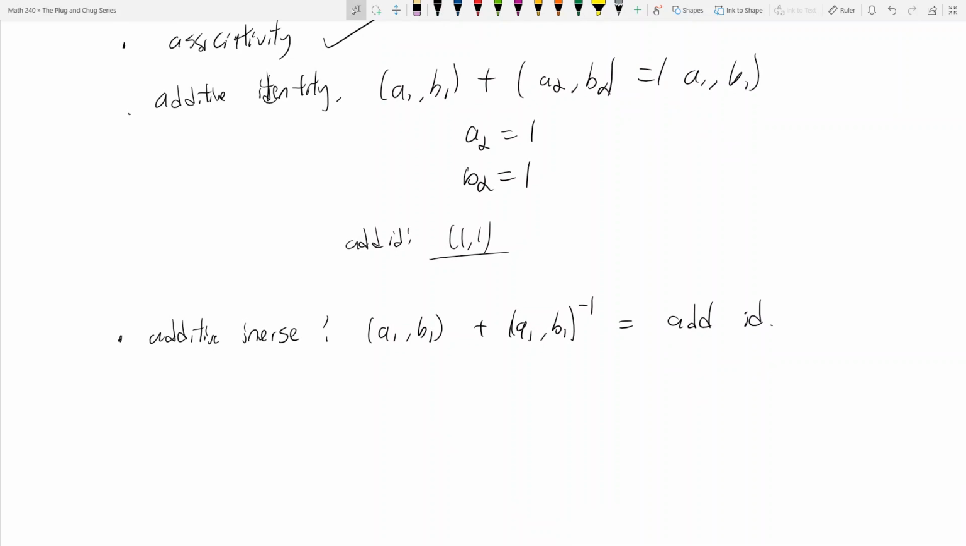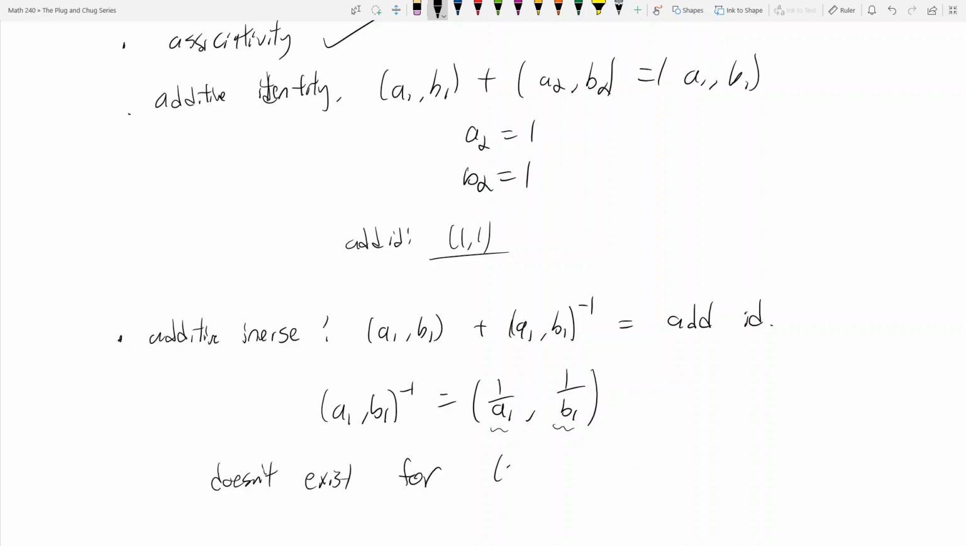In this case, A1B1 inverse is equal to 1 over A1 comma 1 over B1. And these two entries are all real numbers because you can take fractions, right? As long as A1B1 is not 0, but that actually is a problem. And so if A1B1 are 0, there actually is no additive inverse, right? And that's a big problem. So the additive inverse doesn't exist for 0, 0, which means it's not a vector space,